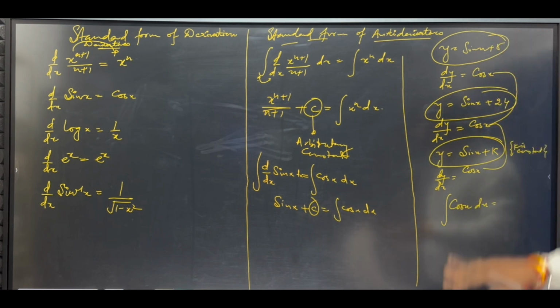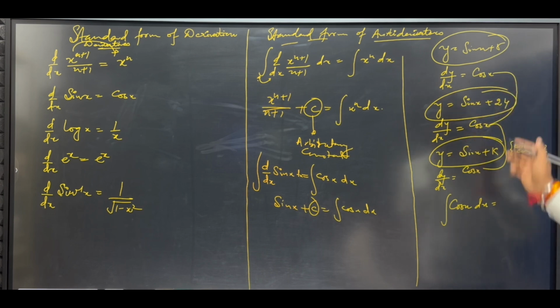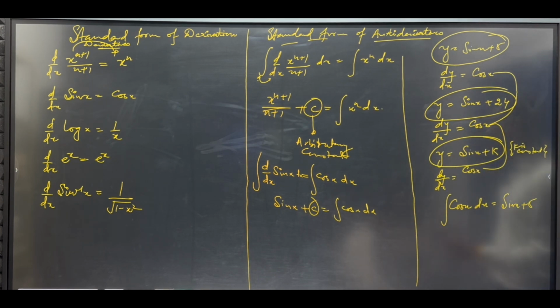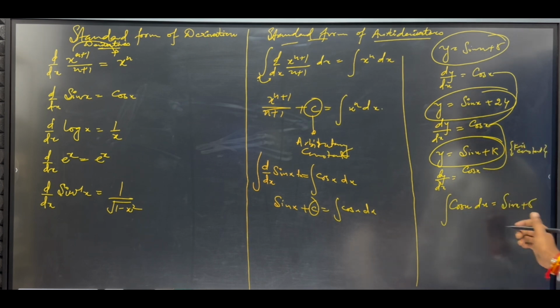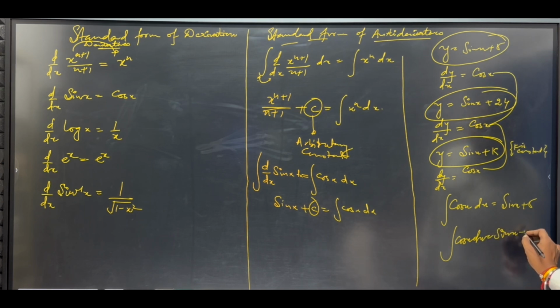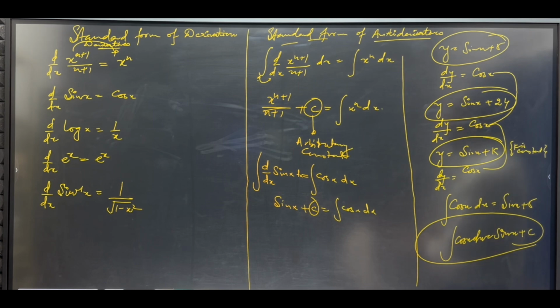Doing this, it should come back again, we can say sin x plus 5, but now will we put 5, or 24, or k, what will we put here? It can't be decided and it can't be said. That's why here the integration of cos x dx is equal to sin x plus c. That is called the arbitrary constant. It is clear, I think so.